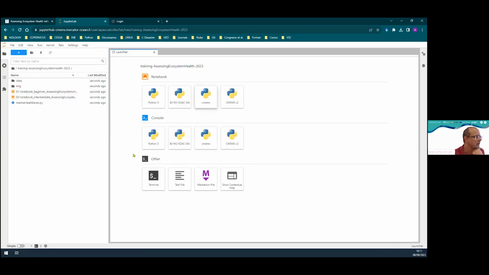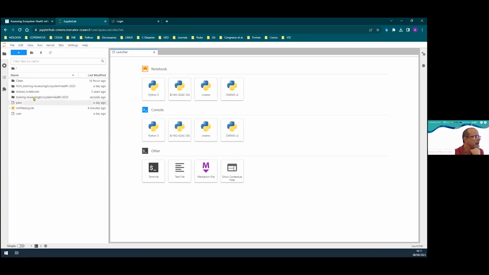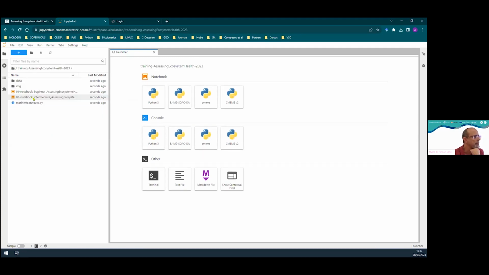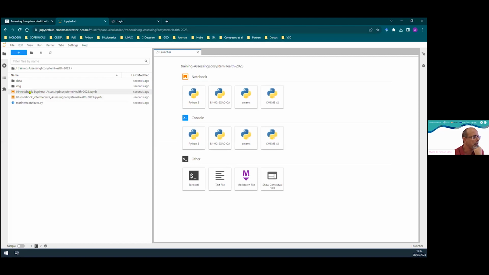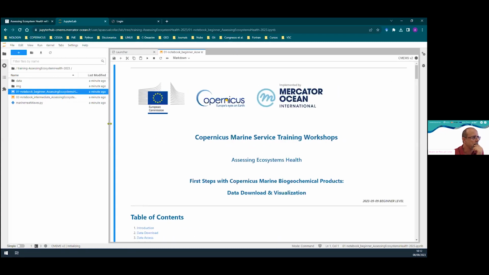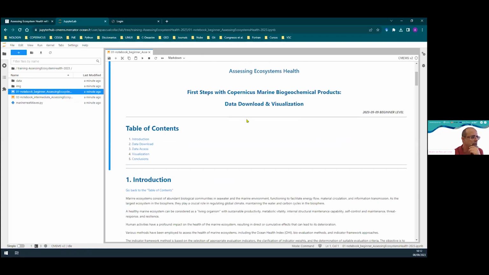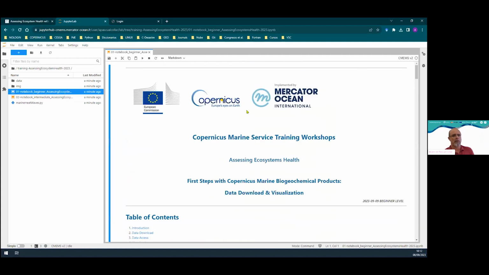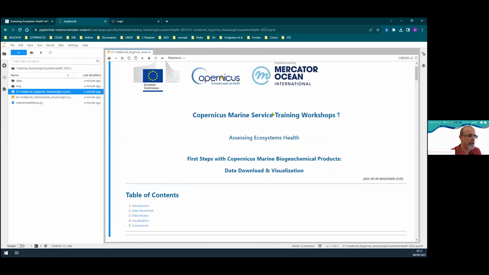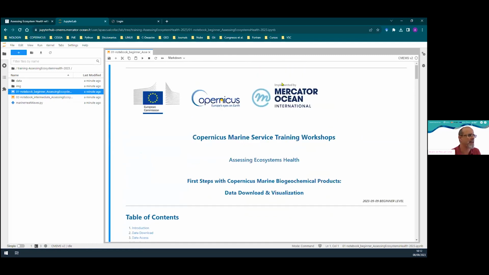We can close this window right now, and you will see that in the directory of the training course, you will find two different Jupyter notebook files, the first and the second one. The first one is the basic tutorial. We are going to start with this tutorial right now. You can open it, and you will see that it opens in a new window here. I don't know if you are familiar with this kind of tutorials or documents. A Jupyter notebook is a document that mixes documentation, like you can see here,